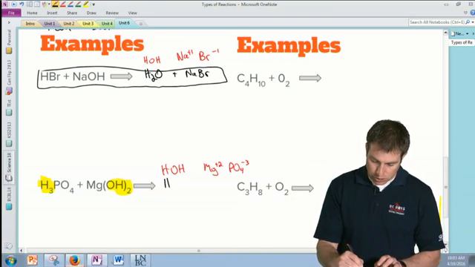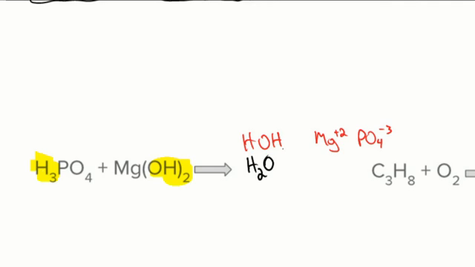So we have H2O. And then we have the Mg and the PO4, magnesium. Yep, we started with 1, but it doesn't matter. Magnesium is always +2. PO4 group is always -3. So I'm going to separate these with a plus sign. And I'm going to end up with